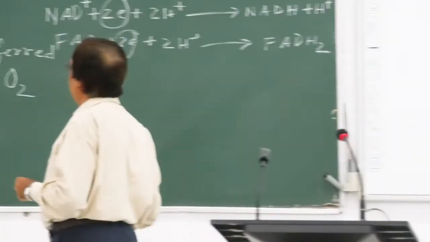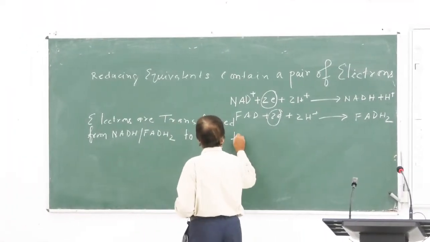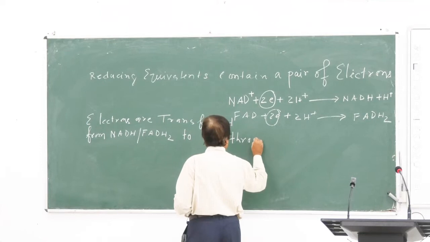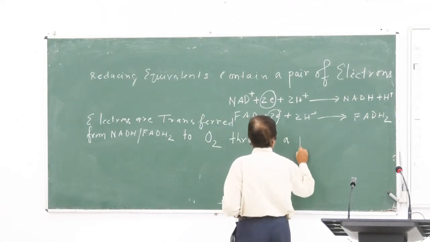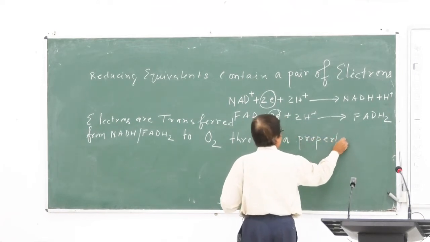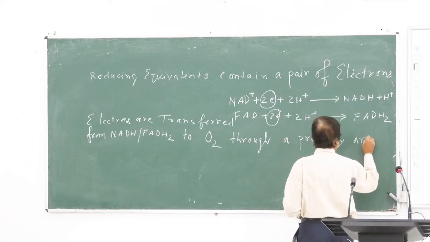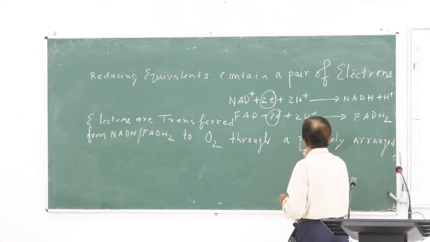Electrons are transferred from NADH or FADH2 to oxygen through properly arranged, this is very important, not haphazardly arranged, properly arranged